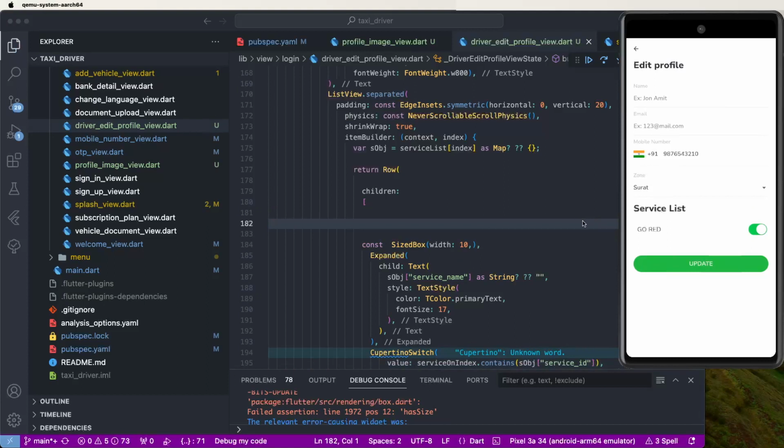And tomorrow we need to call this here this API update profiles and we need to test this here and